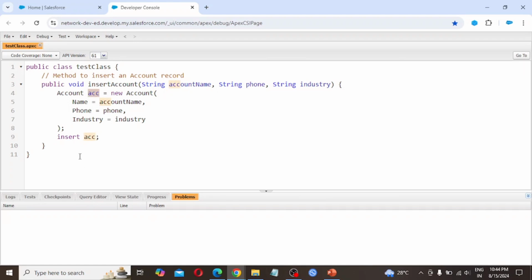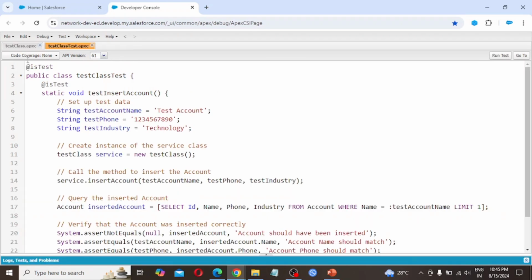For this class we are writing the test class by the name TestClassTest. Here we are putting the annotation @isTest, public class, class name, @isTest static void testInsertAccount. This is the method.